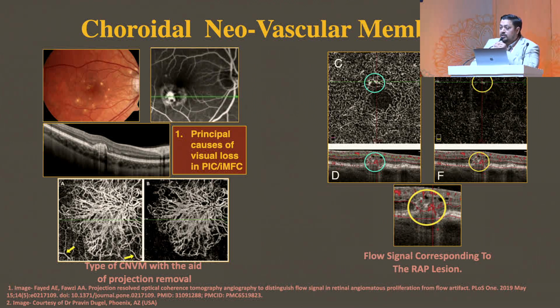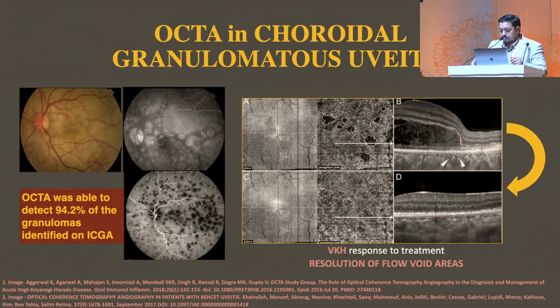Again, one thing which is very common in tubercular granulomas is the RAP lesions. And if you see these abnormal flow in the various NFAS images from top down to the up, from the top up to the down, as well as the flow overlay in the retina, probably you are looking at a RAP lesion.